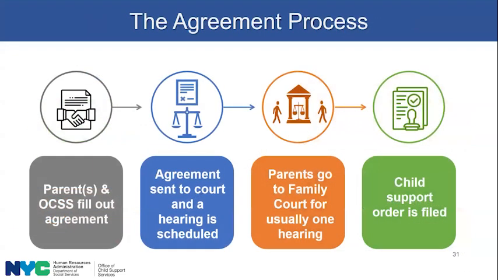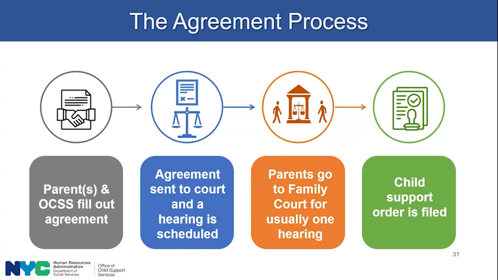The agreement process, as I mentioned earlier: the parents and OCSS fill out the agreement. It's sent to court. After it's been reviewed, a hearing is scheduled. The parents then go to family court, either physically or virtually, usually for just one hearing. And another big benefit to this approach is they go to court already knowing what the result's going to be,